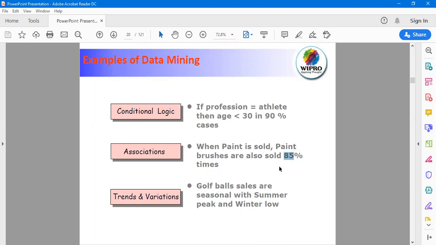He or she may already have paint brushes, but the paint has been consumed, so the person has gone back to get another paint box. Not necessarily will he or she buy the paint brushes. The point to be clear about is that in a hard computing application, you will say that 2 plus 2 will always be 4. You get the exact outcomes and solutions, which do not change according to the situation.